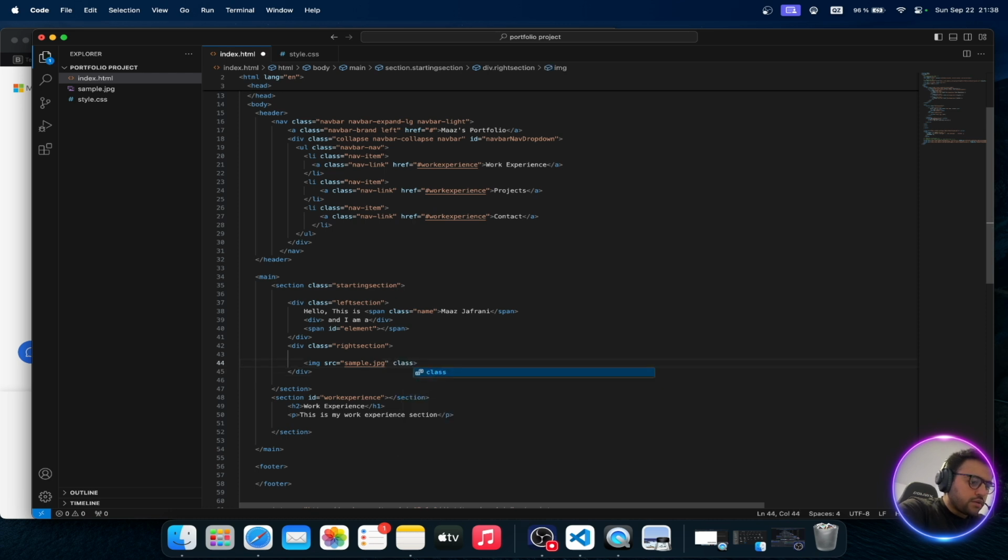So I'll write class and then paste it, circular image. I'll save it